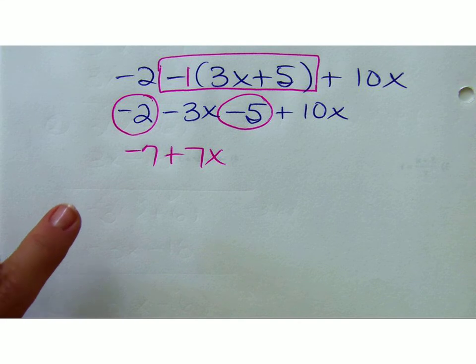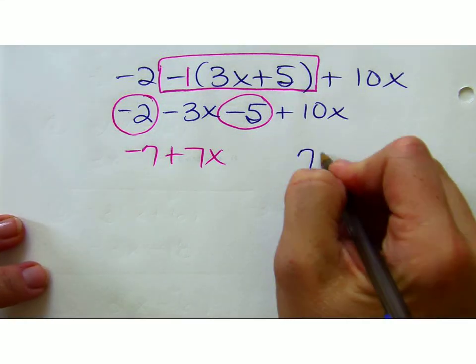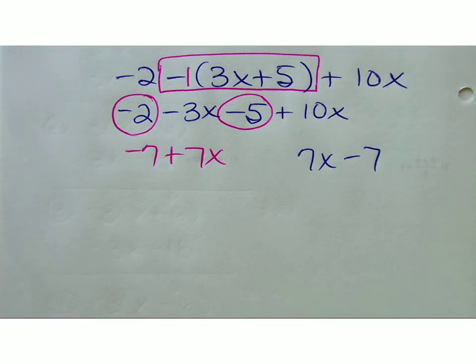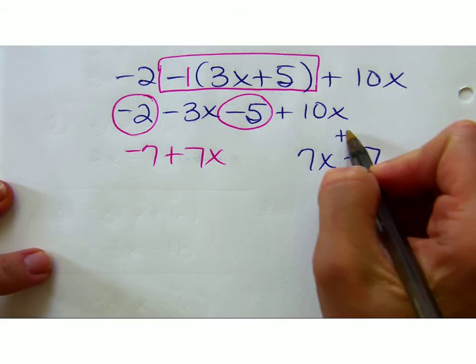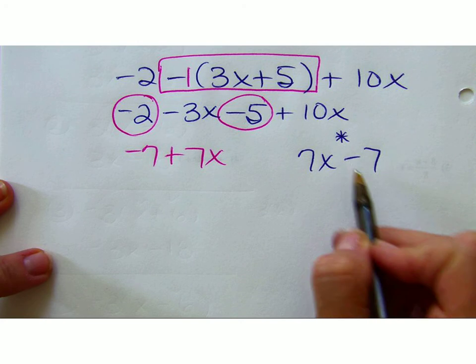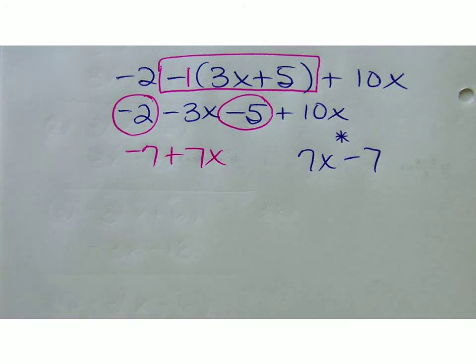That's a totally okay answer. This is also a totally okay answer, isn't it? Okay? Ideally, this one is a little more organized. You're almost always going to see your coefficient, or your constant rather, at the end. Okay? So, are we good with this so far? So that is basically combining like terms and distributing. So now